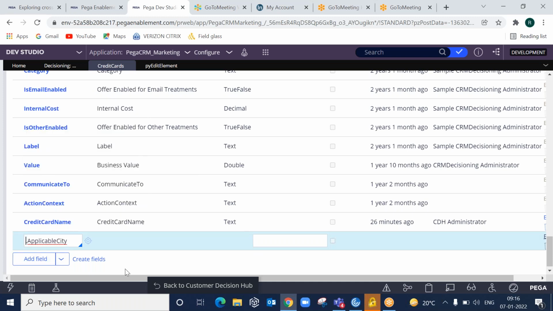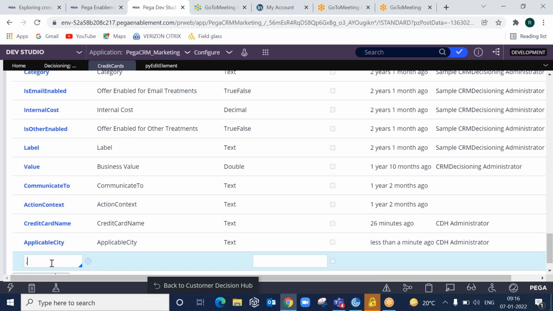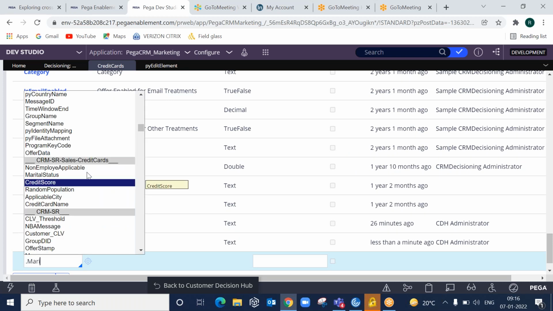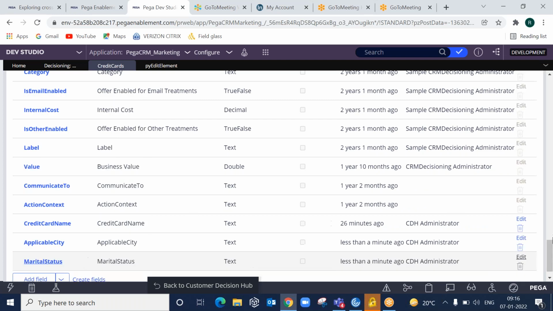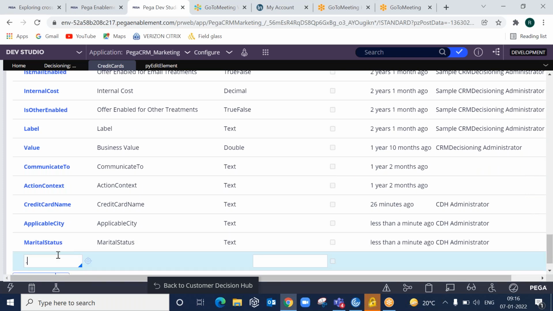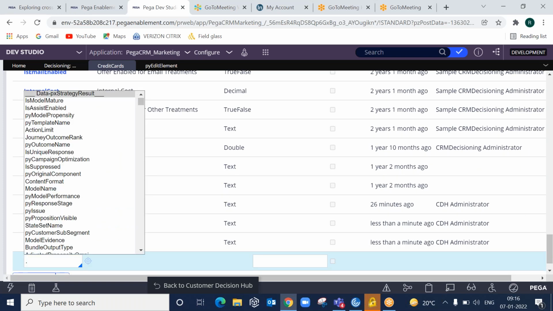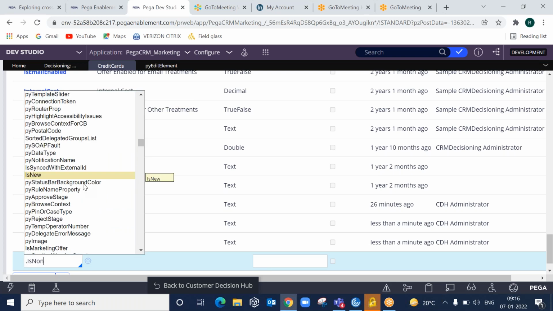The second one is marital status. Then we added one more, the non-working employee eligible field.